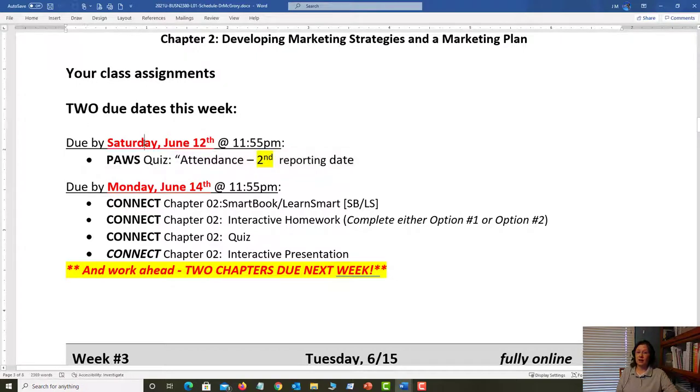but notice that it's due on Saturday. Why is it due on Saturday? Because your attendance is something that I need to report to the college, and so we have some due dates here in the beginning part of the semester. So I do need you to get those easy peasy points. Just tell me that you're attending by answering this quiz by June the 12th. I would complete it as soon as it's open, and it'll open at the start of the week.